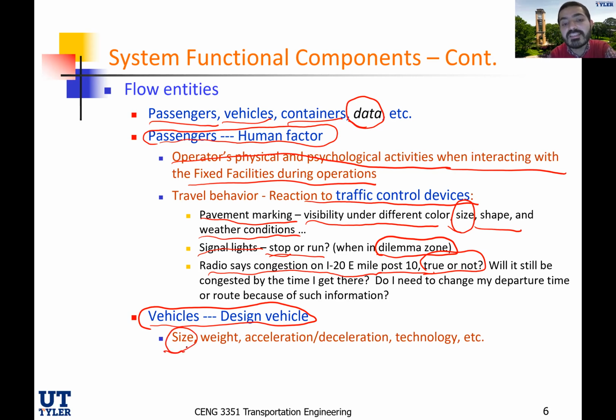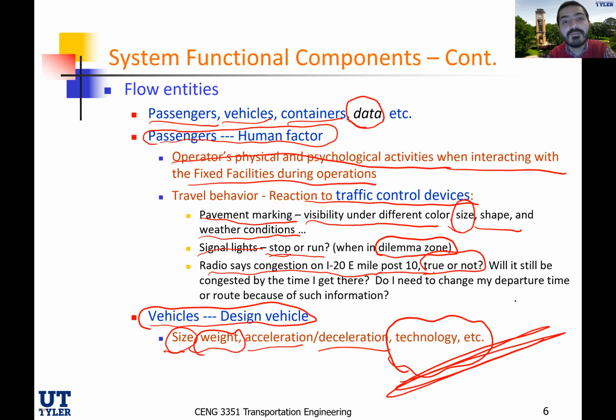But how about the size? The size has been changing. The weight of the vehicles is different. How they accelerate and decelerate, and let alone the big elephant in the room, technology. Technology has been evolving, and I thought we were not going to see it, at least in my lifetime: autonomous vehicles, self-driven vehicles. Very important, very interesting, and it's happening. Nowadays, in the newer versions, one of the cool things is how to maintain your speed. The cruise control is now very interesting.